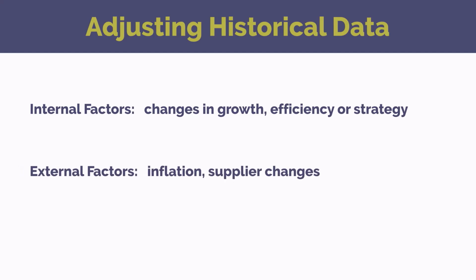External factors are outside the business's control but can significantly impact expenses. Businesses must stay proactive and adjust budgets accordingly. Due to inflation, raw materials, utilities, and labor costs tend to rise over time. Vendors and suppliers may increase prices, impacting operational expenses. Fuel price changes can affect shipping and transportation costs.